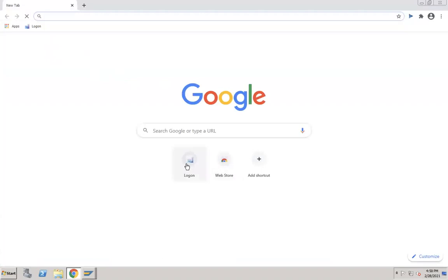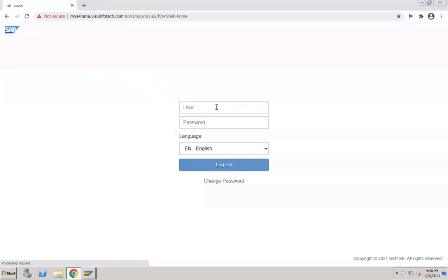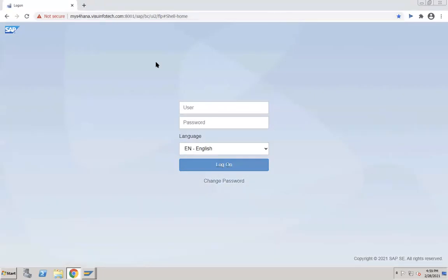Here a login page will be there. Usually what we do is give this URL to end users. Directly they will enter through this URL. Here we type user ID and password. Server is slow.